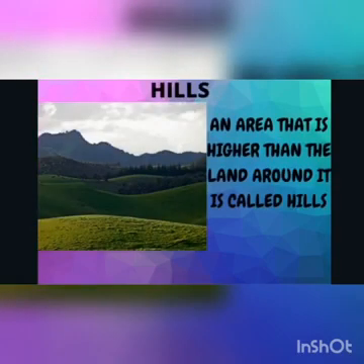The next landform we discuss is hill. A hill is an area that is higher than the land around it. As in the previous picture I showed you a plain surface which is flat, and here a hill that is higher than the plain. So the difference between a plain and a hill is that a plain is flat land and a hill is an area which is higher than the land.